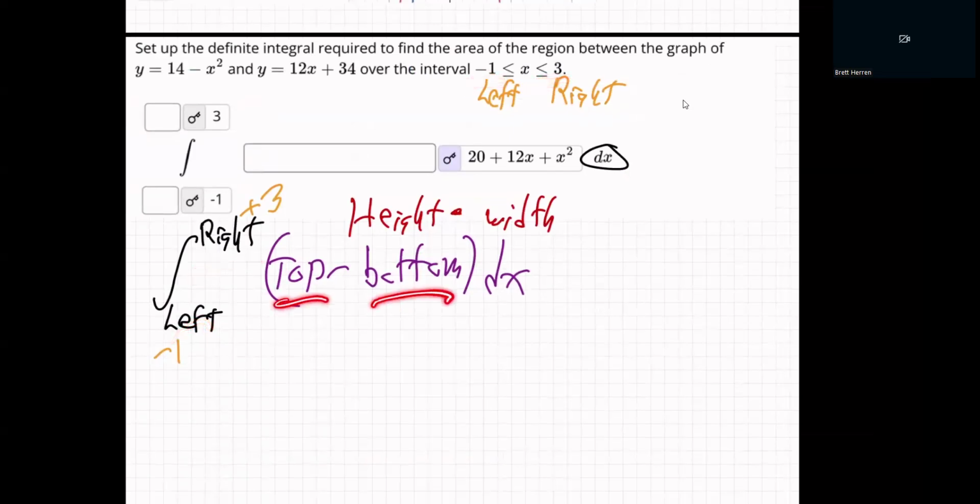We always need to take top minus bottom to get the height. The width is dx, we got that. But how would we know which one's on the top? Sometimes it's a line, sometimes it's a parabola. How do you know? Well, you check to find